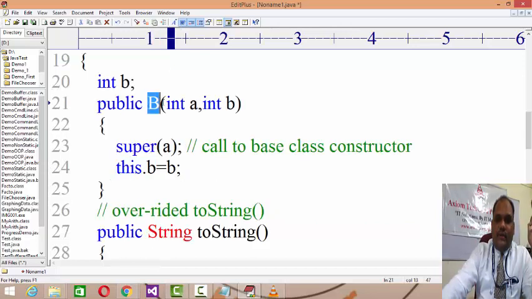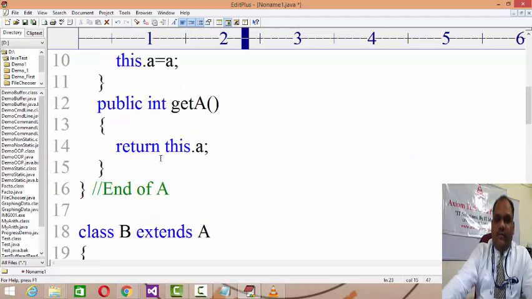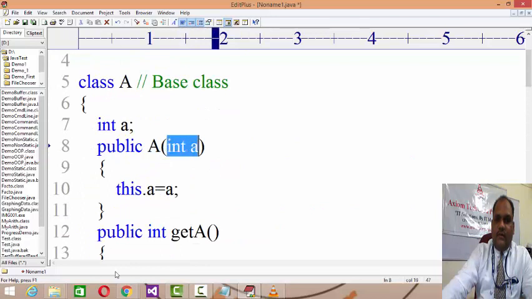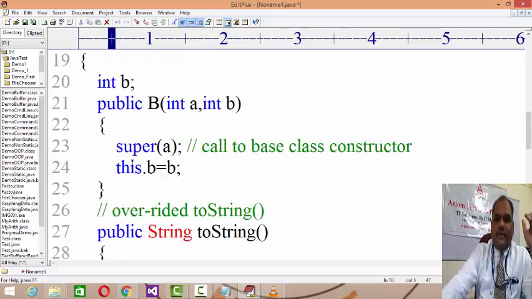Whenever you create the object of B, it will pass on two extra arguments. One argument will be passed on to the super class. Now what is the super class of B? Super class of B is A. So it gives a call to the constructor of the base class. The local data A will be passed on to the constructor of the base class, and the properties get initialized. And in this case, the extra argument B will be initialized to B.